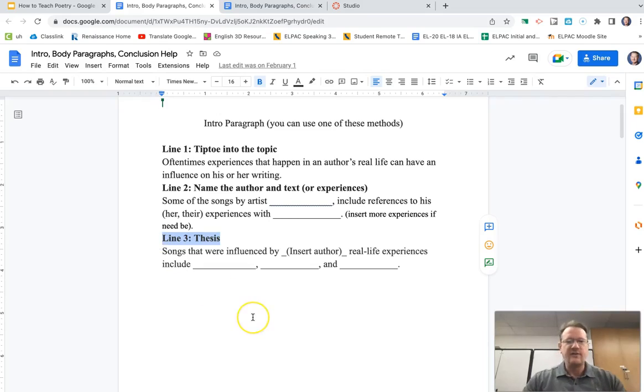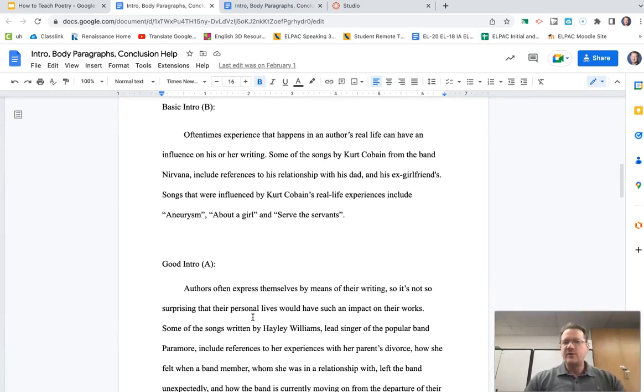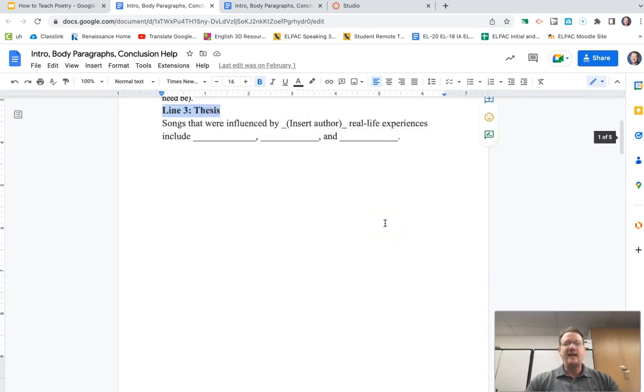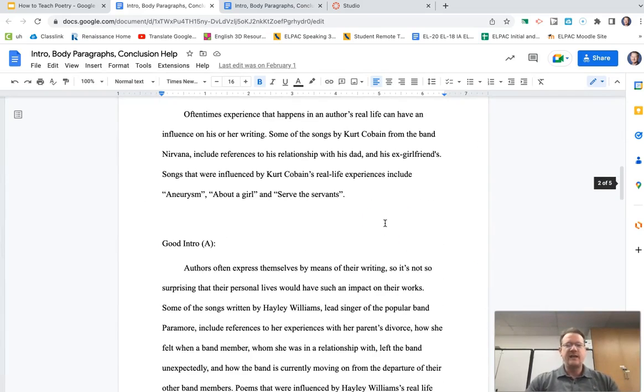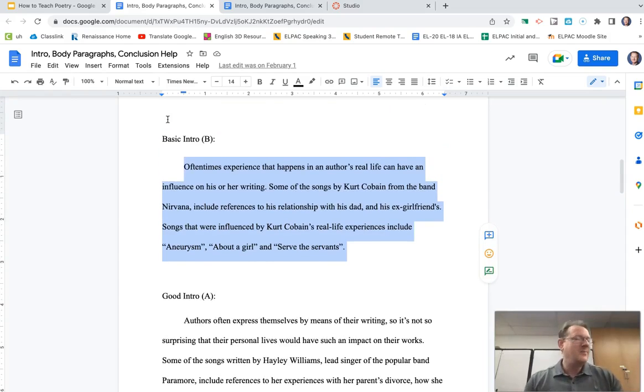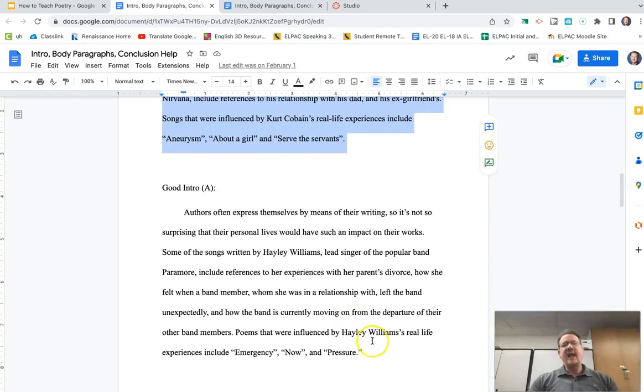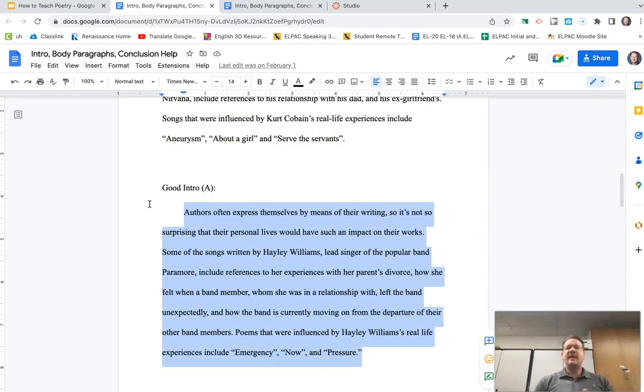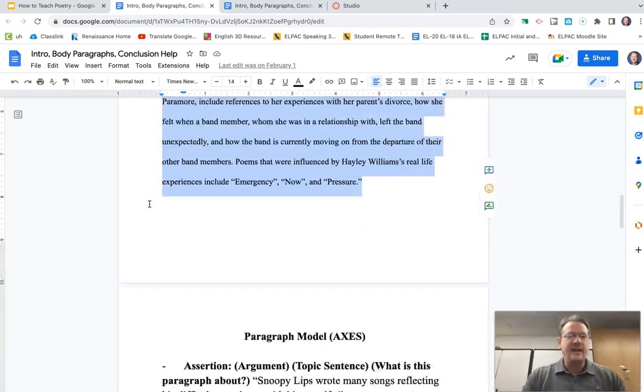You can teach intros however you'd like. And then I give examples of intro paragraphs. I say, hey, if you follow my sentence starters perfectly, verbatim, and you just stick your own information in there, it's probably going to be a B essay, right? But if you take it and attempt to make it your own and attempt to make it better, just stay within the formula, there's a chance you'll get an A.